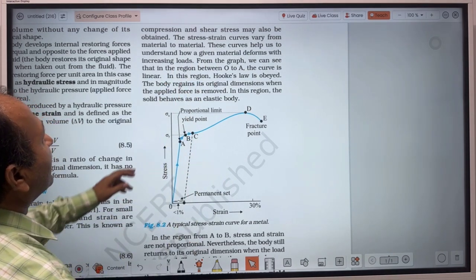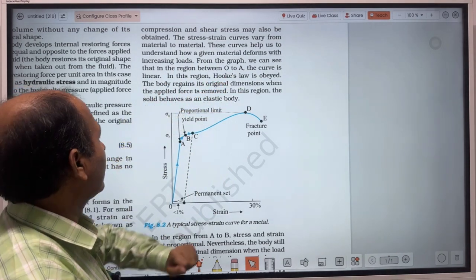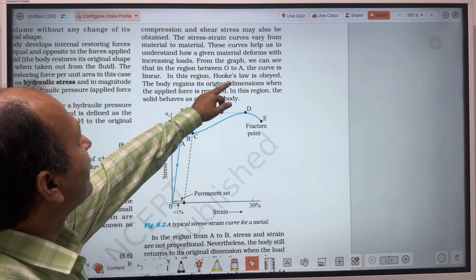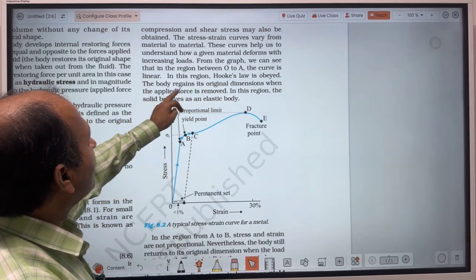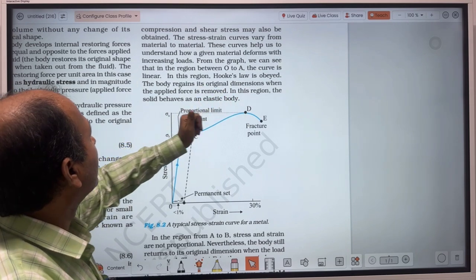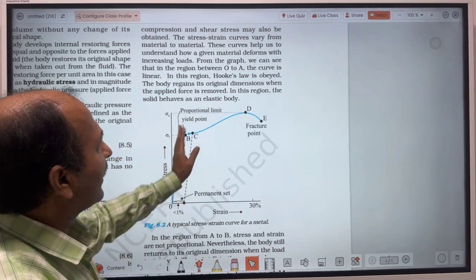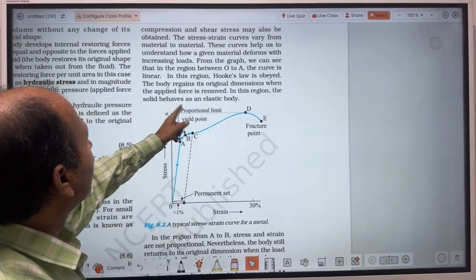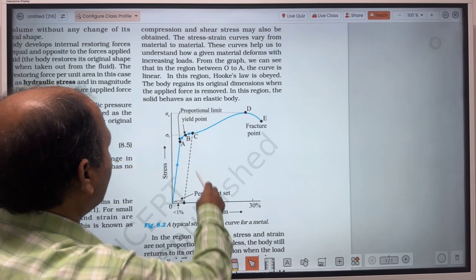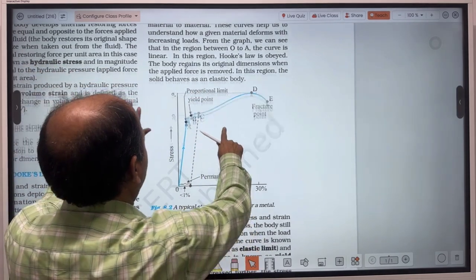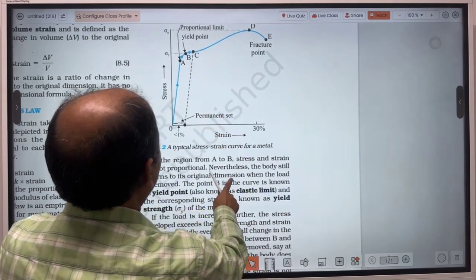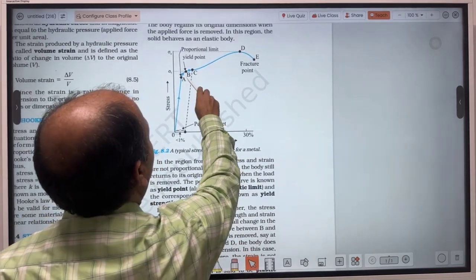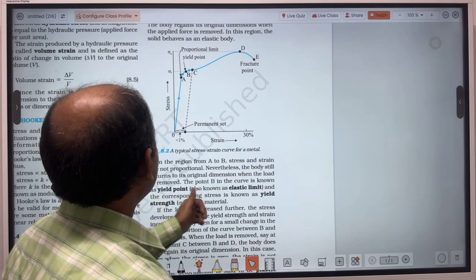From the graph, we can see that in the region between O and A, the curve is linear. In this region, Hooke's law is obeyed. The body regains its original dimensions when the applied force is removed. It's clear. In this region, the solid behaves as an elastic body up to here. Then what happens? After that, in the region from A to B, stress and the strain